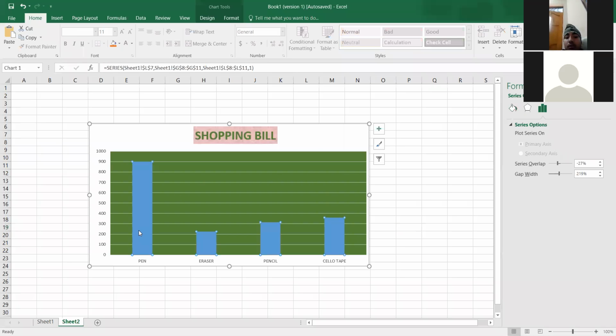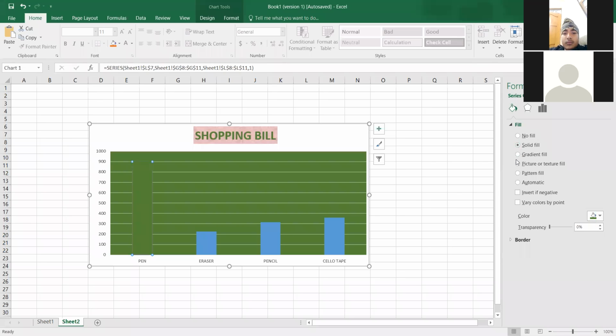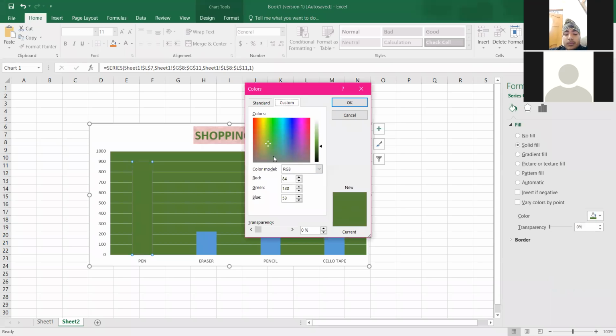Now next are the series, data series. This data series, you can format the data series also. So in the data series options, fill, solid fills, change the color of the fill, like this.